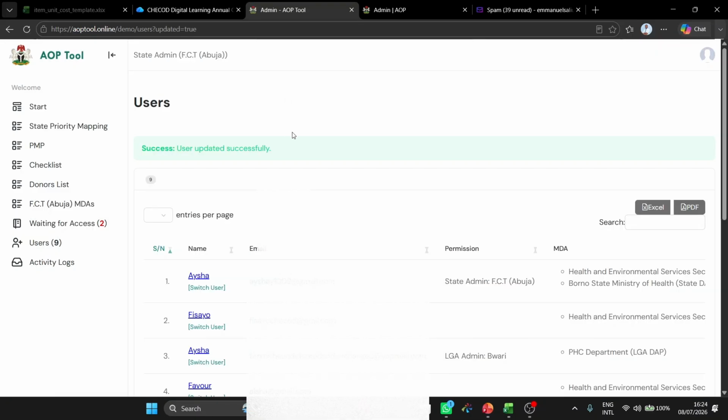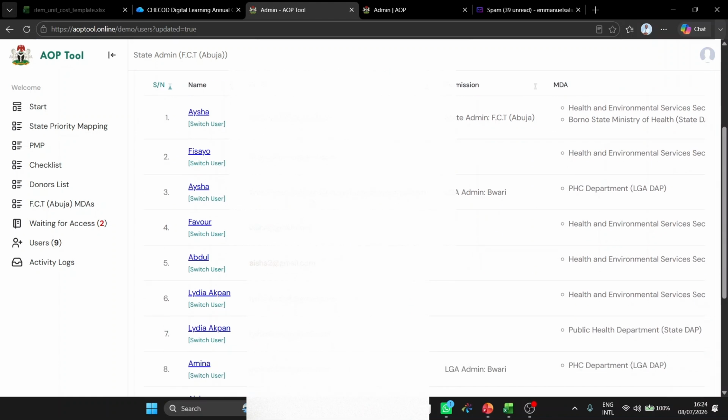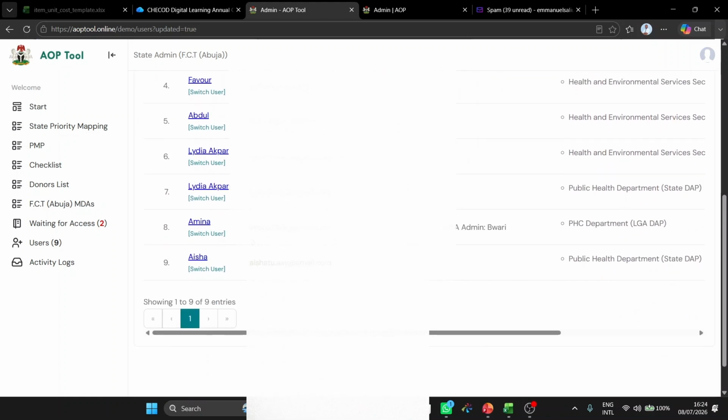You will then be redirected to the user's page where you can verify that the user has been successfully assigned as an LGA admin for Buhari Area Council. You can see it here. So this concludes the demonstration of these functions for